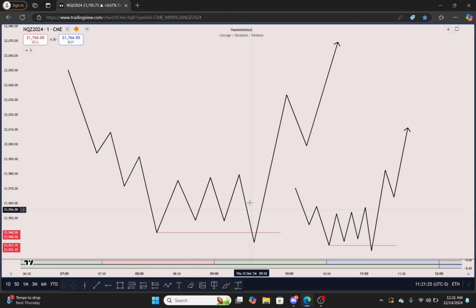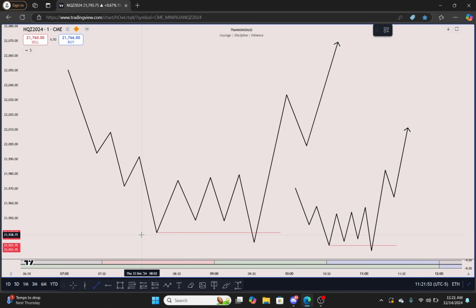Notice December 12th, 2024, that lab execution, we had upon 9:30 a tight accumulation. 10 o'clock opens up, purges the low, and then displaces higher. This action here,